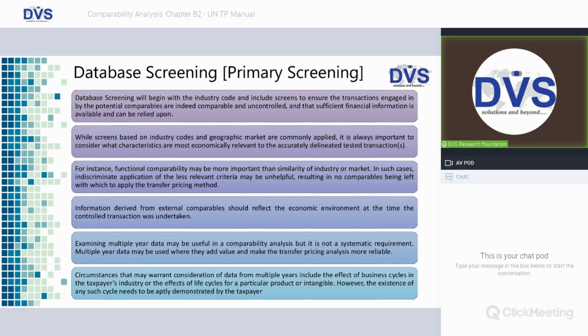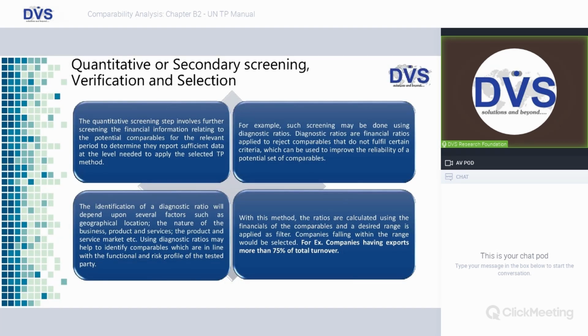So we need to confirm what is the industry code in which our company is operating. Same code classification. There can be filtering by classification; Prowess and Capitaline both give filtering by classification. So that classification can be used, or filtering can be done industry wise. Like the example I gave, ours is an automobile spare part, so we can take the automobile industry per se, and then start using the quantitative and qualitative criteria.